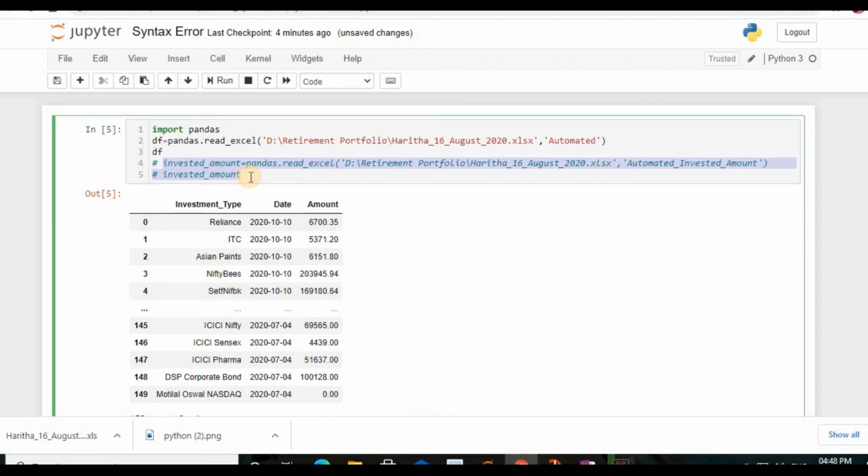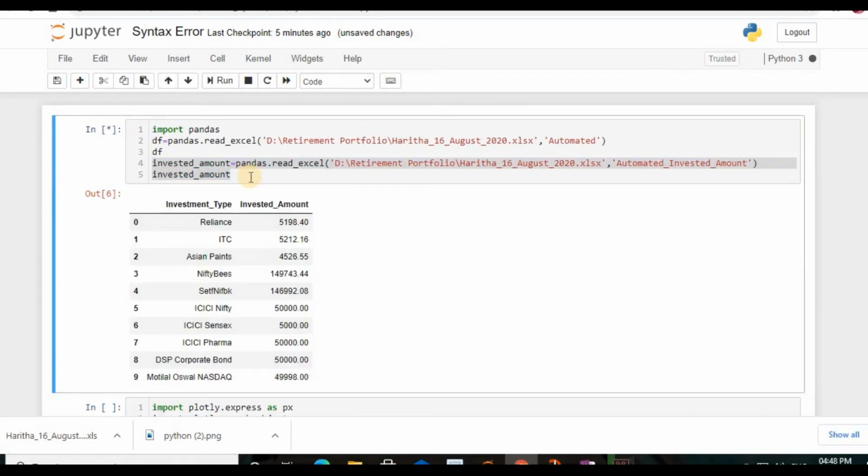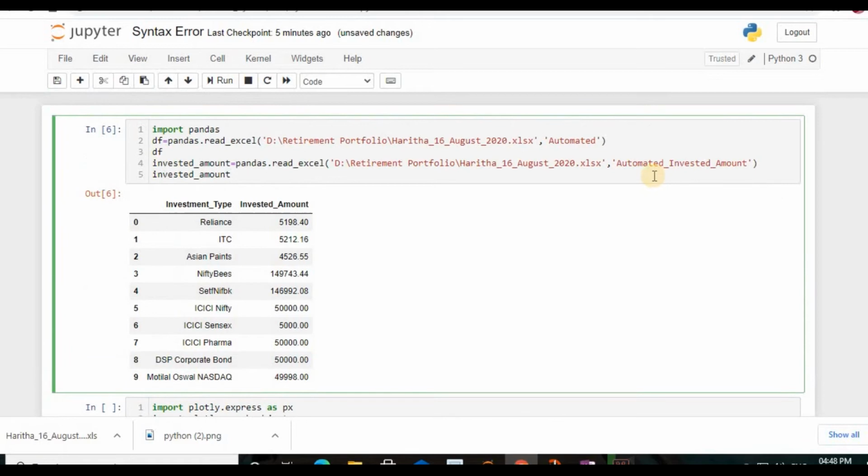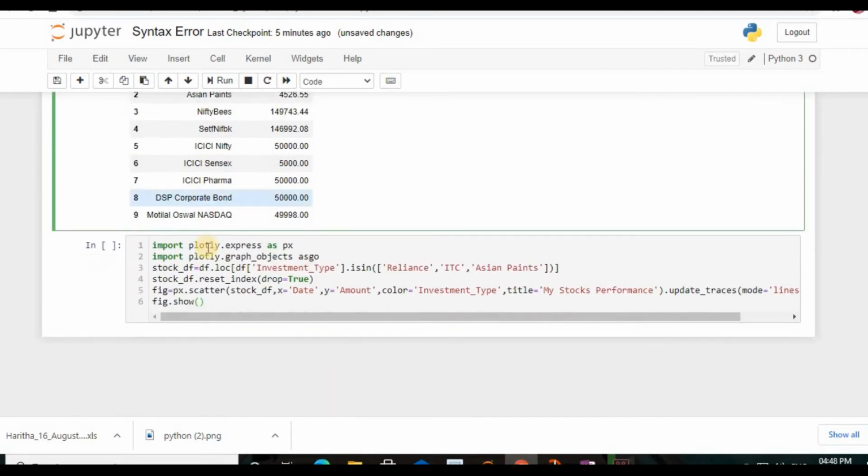Now I'm going to remove the comments and execute this. In this invested amount, I have this Excel file, and the file name is automated invested amount. So in my DF I kept the file automated, and in my invested amount I kept the file automated invested amount. Okay friends, this is about this cell. Now moving on.